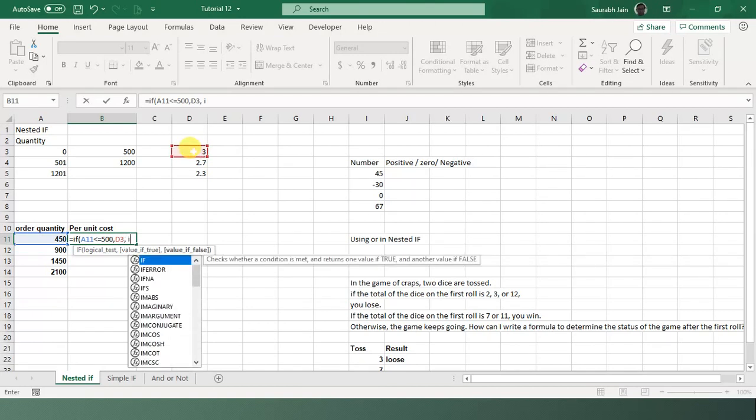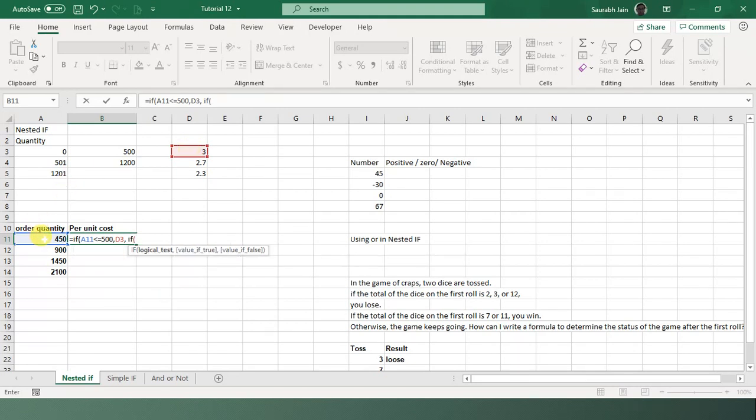So I say IF, bracket open, I use again this less than equal to 1200 this time, fine, comma, or I'll write it manually, that will be better for me. 1200, comma.